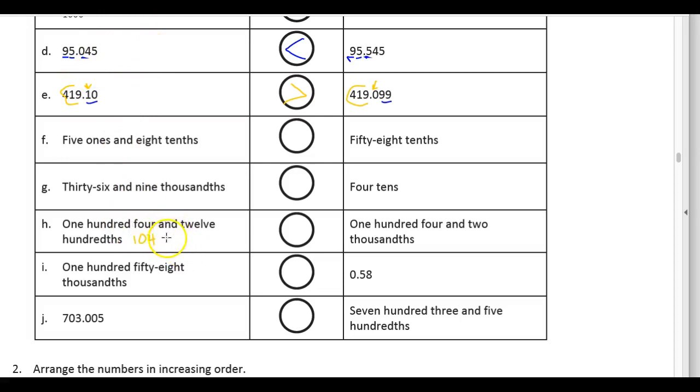104, and then we've been using "and" as a decimal. And this one says 12 hundredths. So I make a 12 and I see that the 2, yep, it's in the hundredths place, so that one's right. Now we say, here's our 104 again, here's our "and," and this one says 2 thousandths. So that means that there's nothing in the tenths, nothing in the hundredths, but there's a 2 in the thousandths